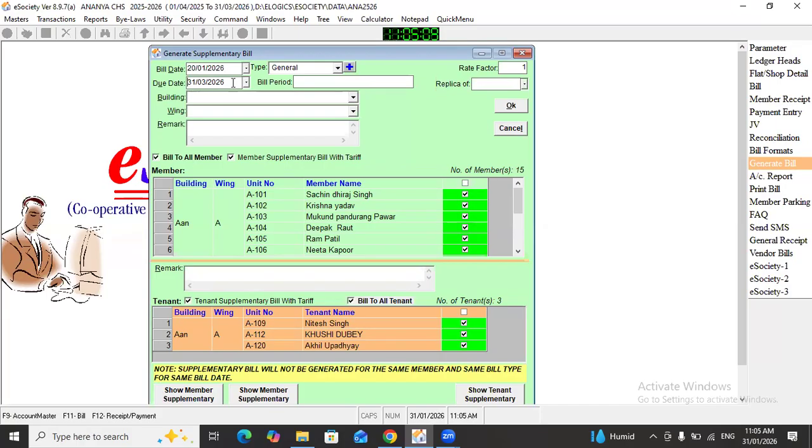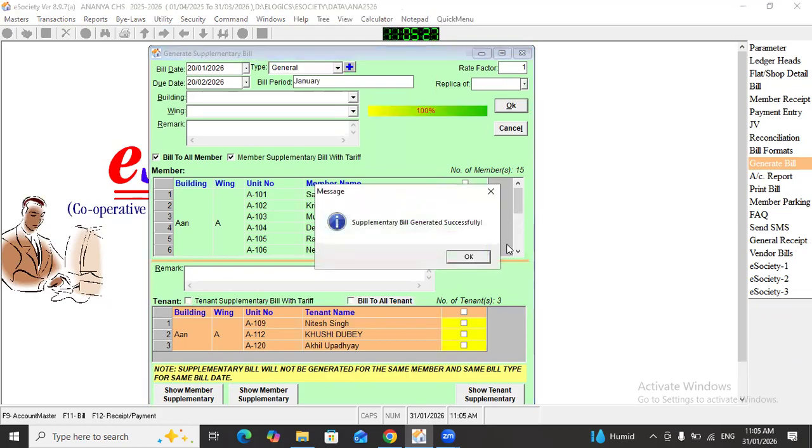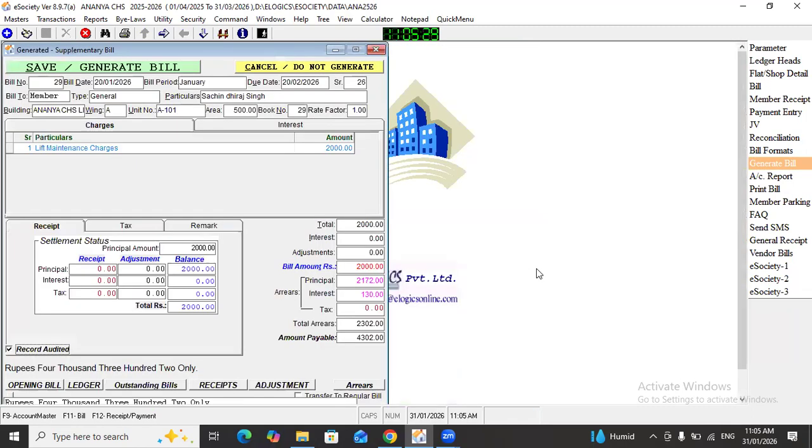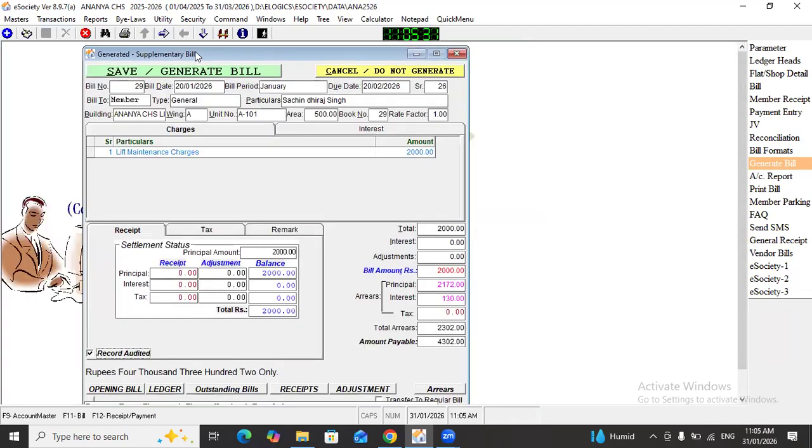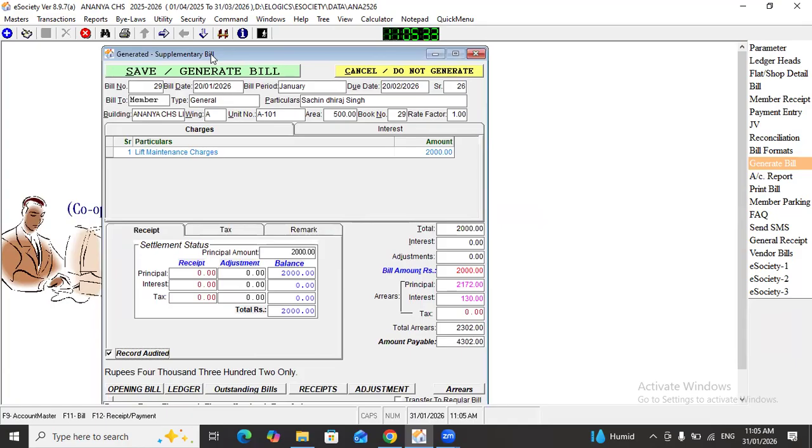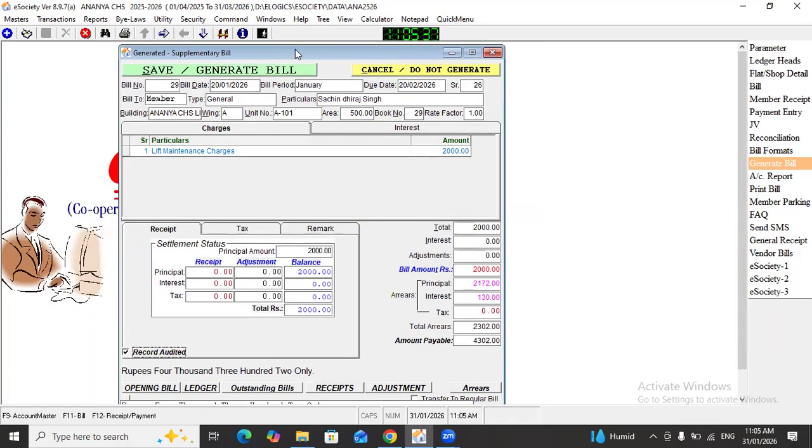Select due date. Select the type accordingly and click on OK. So here we can see by clicking on save and generate bill, supplementary bill will get generated.